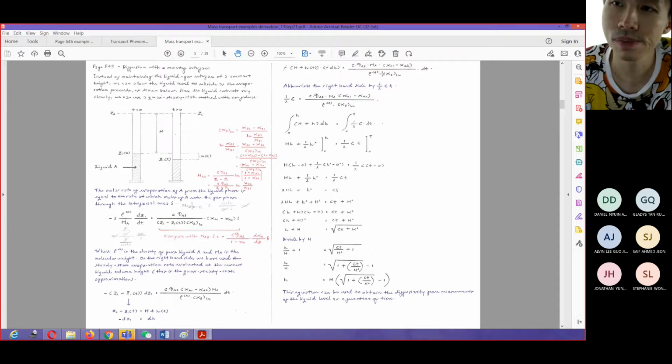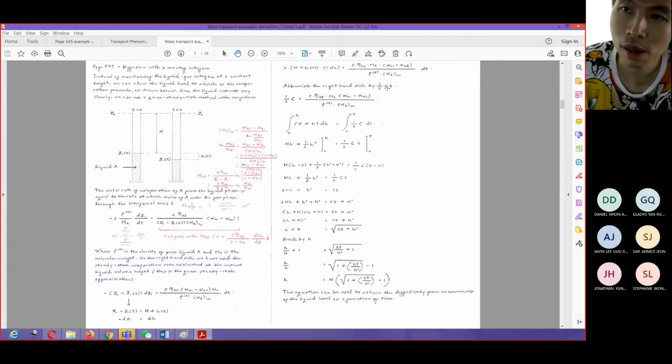Now I want to abbreviate these whole variables. I abbreviate this by half C t. So basically all this variable will be equal to half C. You will ask me, why is it half C? Because it's just for the sake of making it an easy mathematical form, as you will see later on. If we integrate this and make all this in terms of half C, then you will have this term in here.